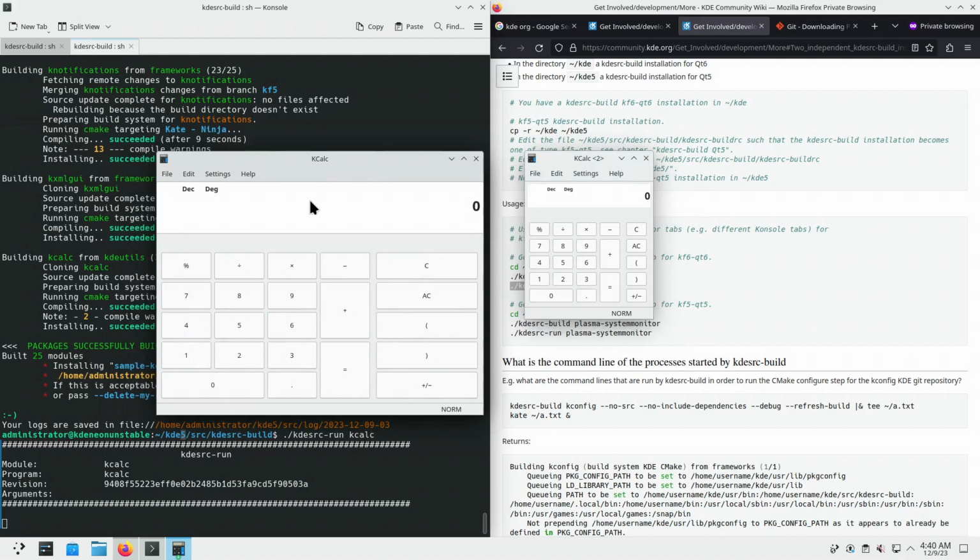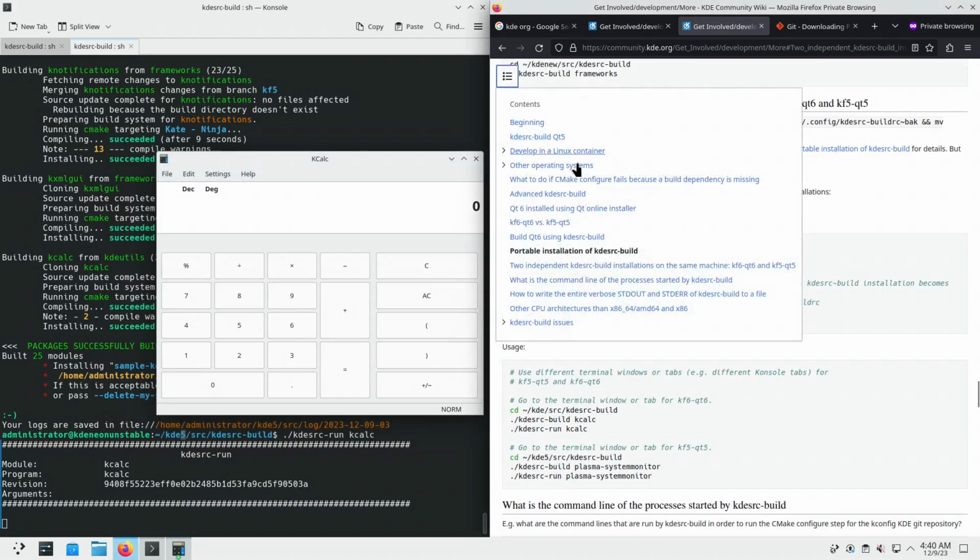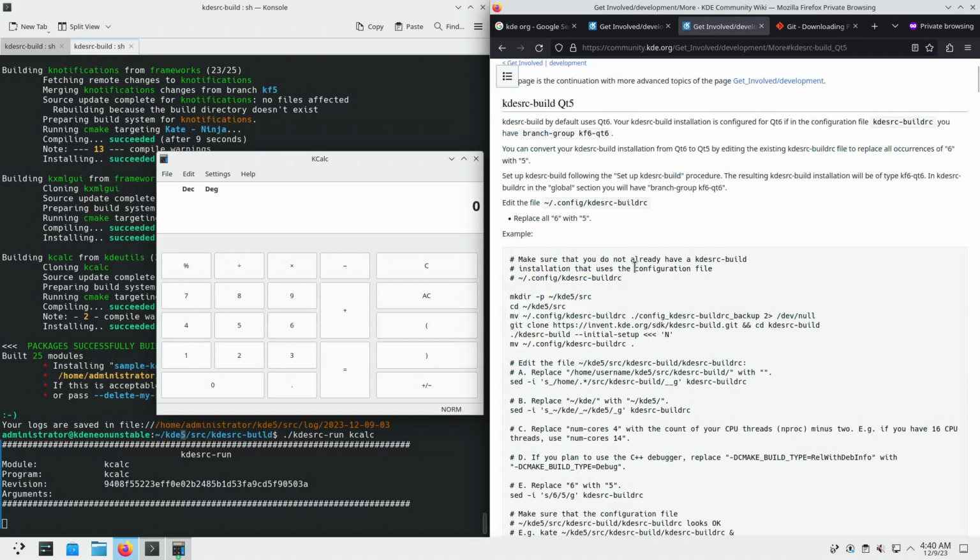What we wanted to achieve is done, so we have two installations of kdesrc-build, one for Qt5, another for Qt6, the one for Qt6 in ~/kd, the one for Qt5 in ~/kd5. And all of this respects the chapters in the wiki page, portable installation of kdesrc-build, and chapter 2, independent kdesrc-build installations on the same machine, and also the chapter kdesrc-build Qt5, which tells you how to install